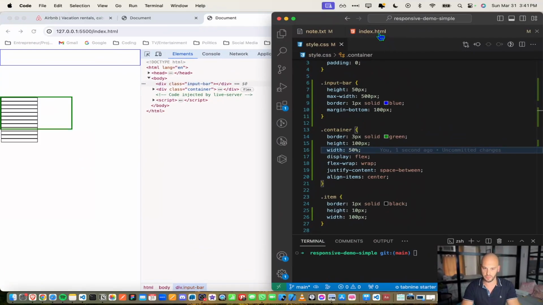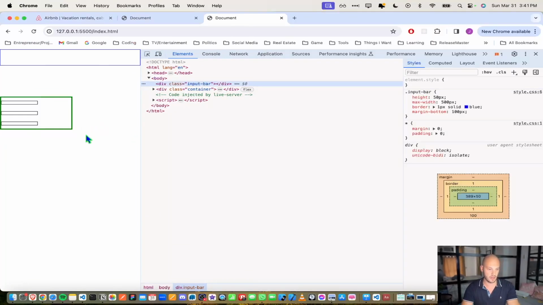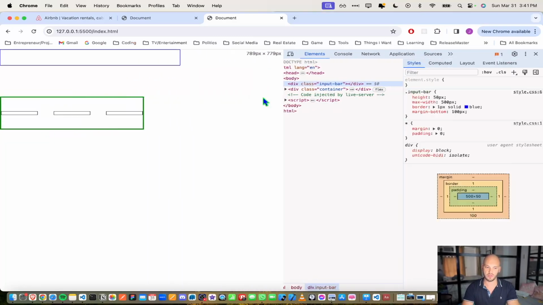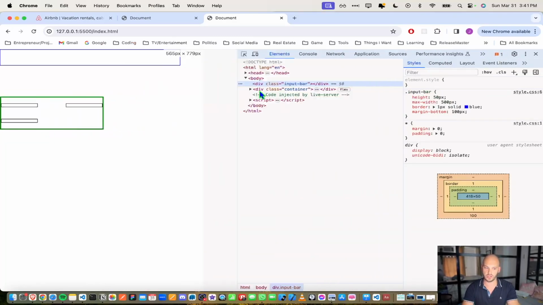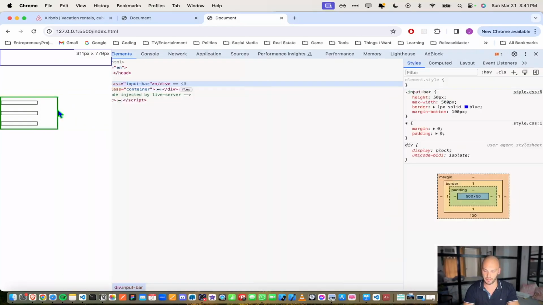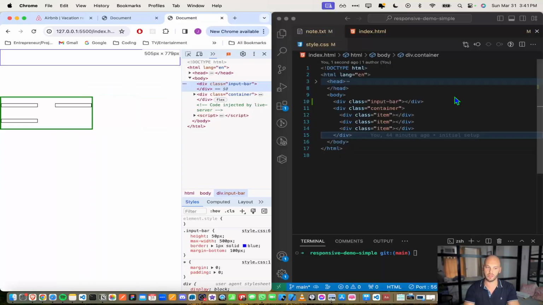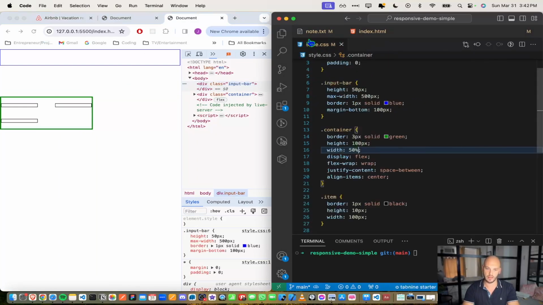And I'm going to remove a bunch of these flex items, of these divs of class item. So here we are back to this again. So let's say I want the green box to kind of change how it relates to the size of the screen at a certain point. So right now, no matter what size the screen is, the green box is going to be 50% of the width of the screen. What if at, say, 500 pixels,